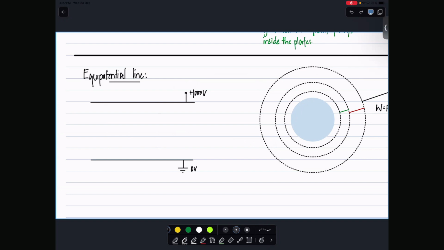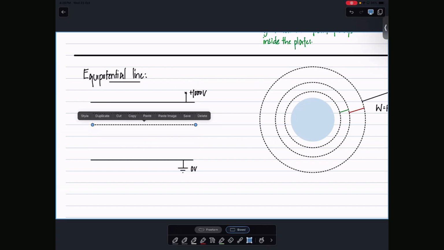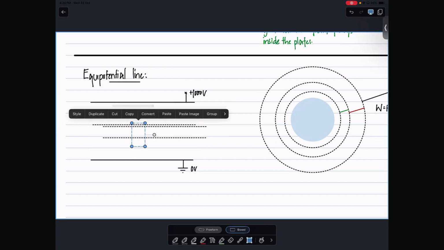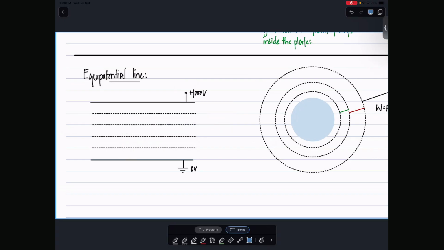So an equipotential line is a line along which, if you move, there's no work done with the field or no work done against the field. Yeah, it should be a horizontal line, right? So it should be like that. But my next question for you is, are the lines going to be equally spaced, or do you think they'll start to get further and further away or closer and closer? Very good, equally spaced. Why should they be equally spaced? Because in a uniform field, the force is constant. So to do the same amount of work, what distance do you need to travel? Same. So yeah, this is how the diagram looks.